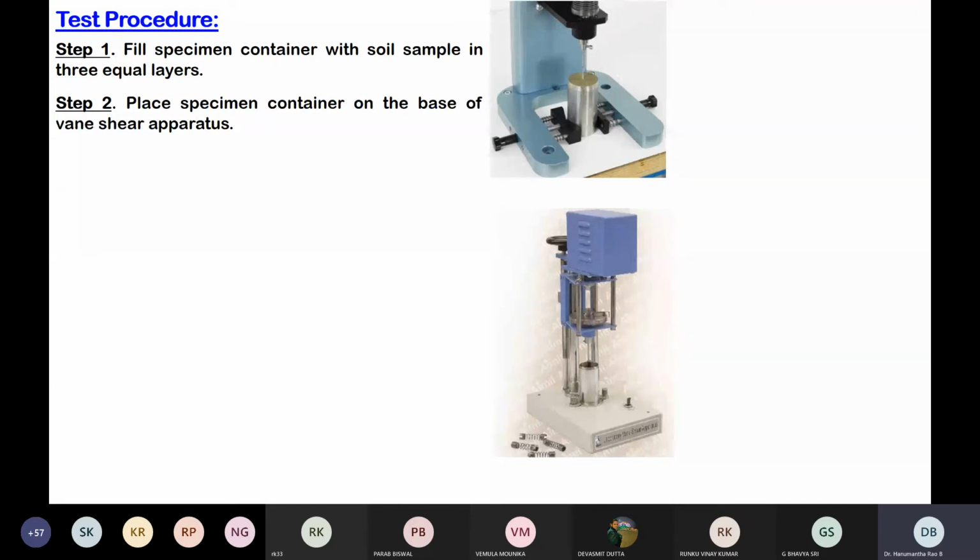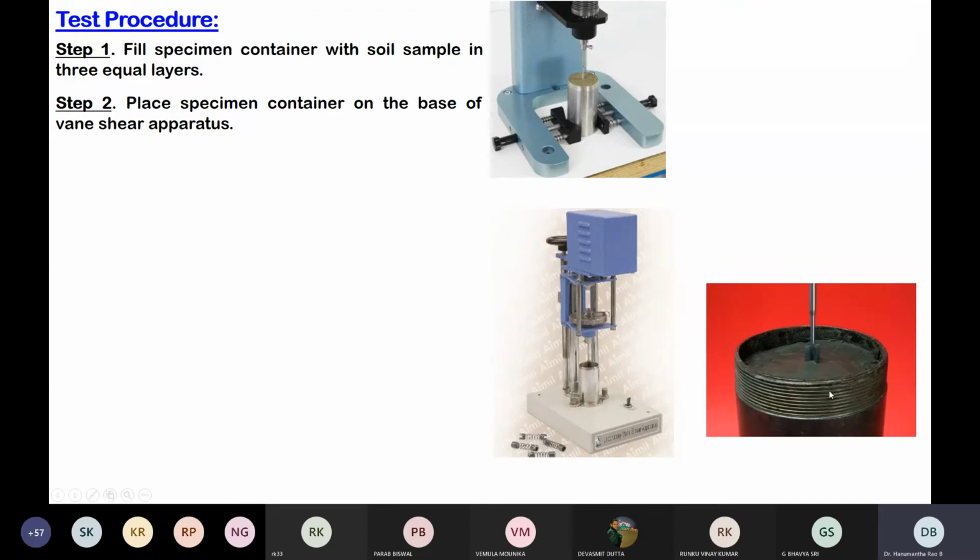But don't constrain to only 100 kilopascals, as the sir has told. In the literature, you may find even higher values also, but the soil has to be soft such that when you apply the torque, the blades cut the soil sample. They have to shear the soil sample, then you will get the cohesion value. If the blades are unable to cut the soil sample, then the experiment has literally failed. You need to discard it.